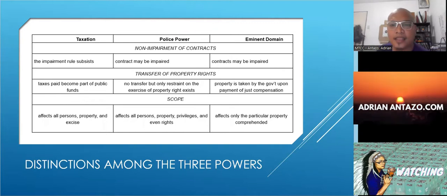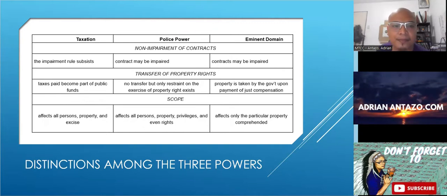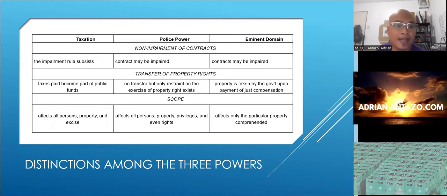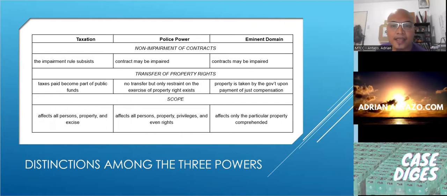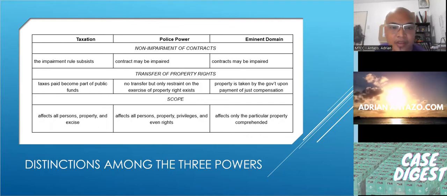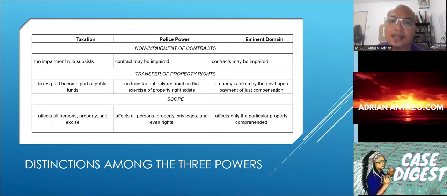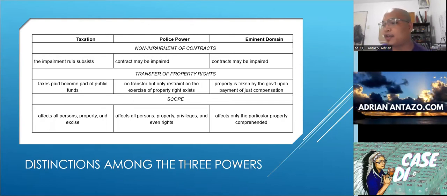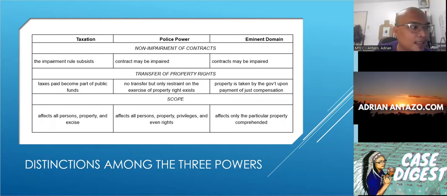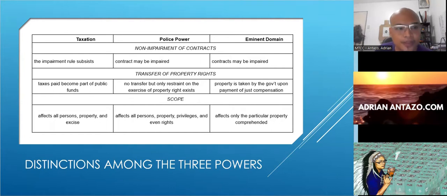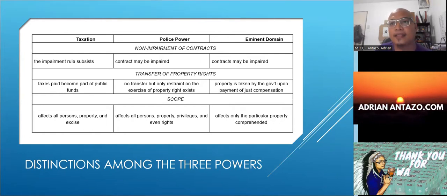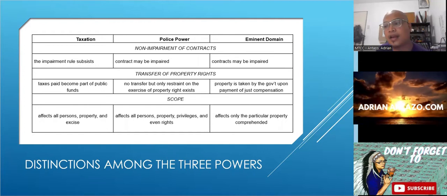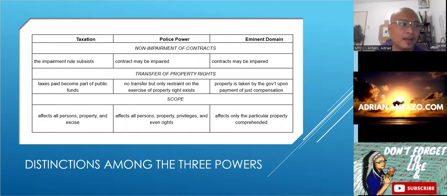Another distinction is the non-impairment of contracts. So the impairment rules subsist. So hindi dapat nakaka-impair ng obligation or ng contracts, private contracts. The contracts may be impaired for police power. So for example, before imposing a certain law, hindi siya illegal, but when the law was passed